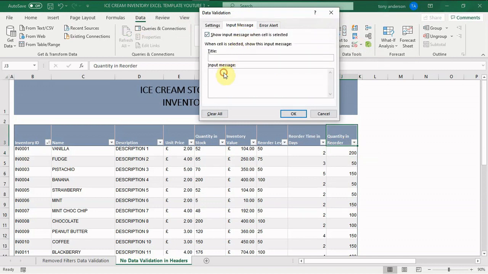On the input message, you want to tell the user that to fill in this quantity, they have to stick between certain values. So we can put in something like, enter the quantity ordered for each item in this column. Note that the data entry is limited to accept a value between 50 and 150. Any other value will return an error message. And what that will do is change